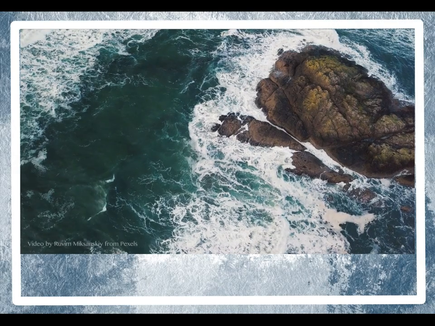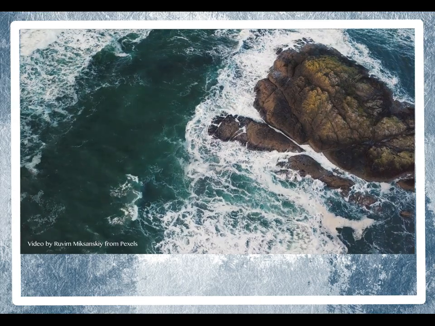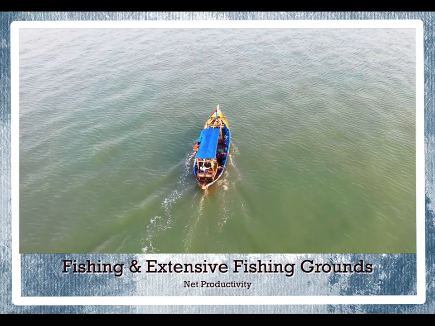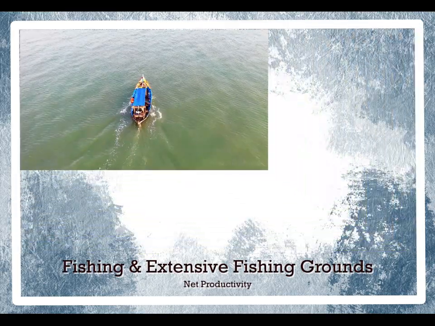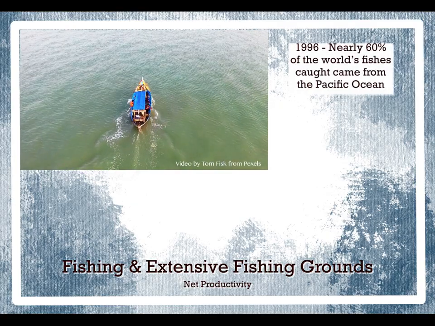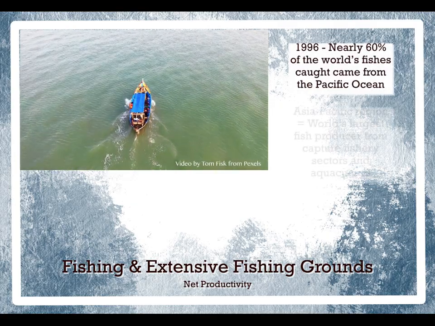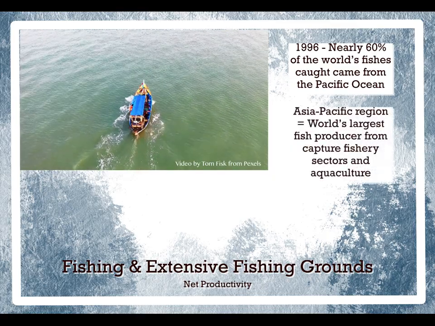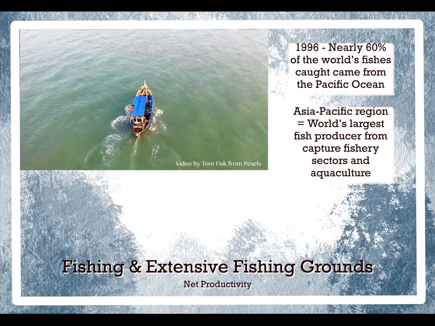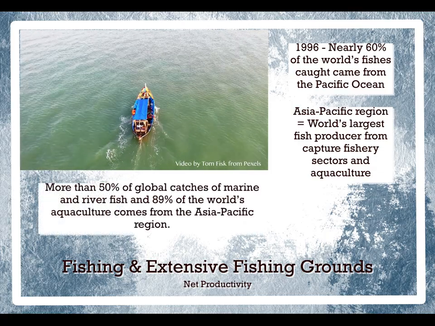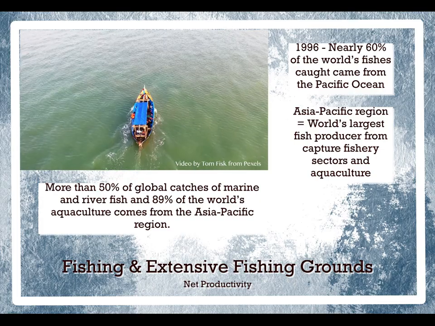The Pacific Ocean highly contributes to the global economy, specifically for the nations its water touches. One of its benefits includes fishing and extensive fishing grounds, most especially for Asia. For example, in 1996, nearly 60% of the world's fishes caught had come from the Pacific Ocean. The Asia-Pacific region is considered the world's largest fish producer from capture fishery sectors and aquaculture. In numbers, more than 50% of global catches of marine and river fish and 89% of the world's aquaculture comes